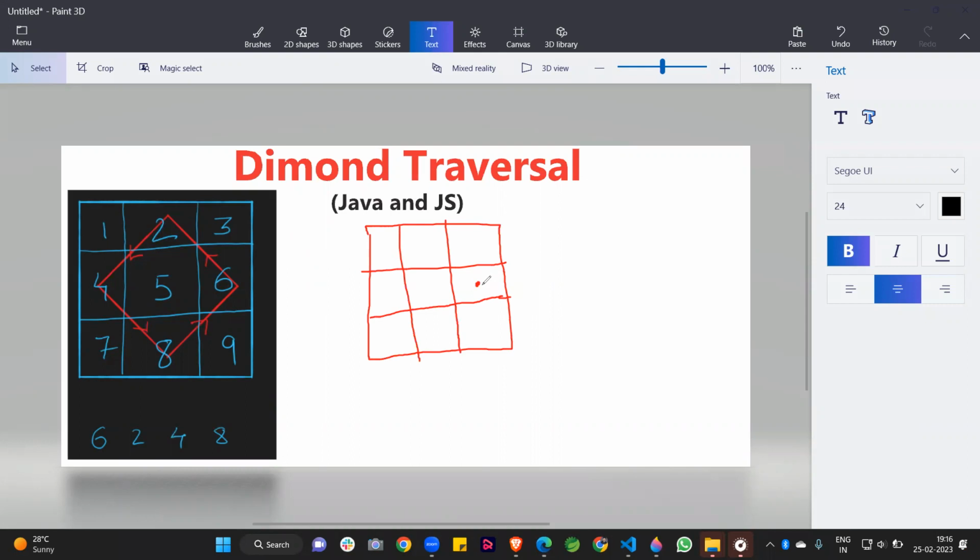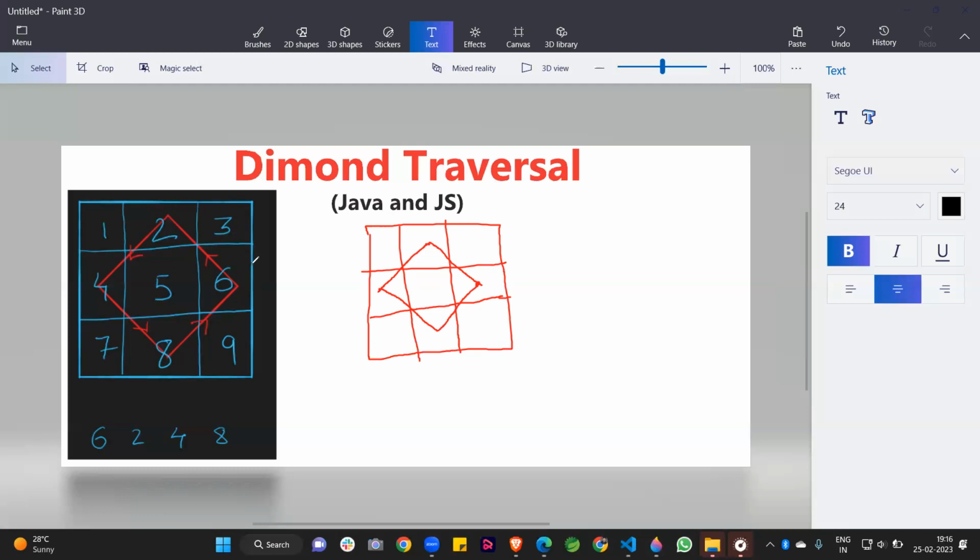First we traverse to the top element, then we go to the left element, after that we traverse the bottom side, and after that we go to the right side, top. This is the procedure to traverse in a diamond shape in our matrix.